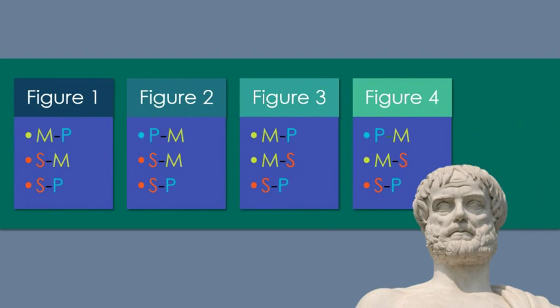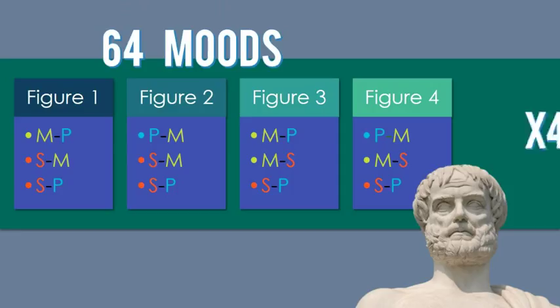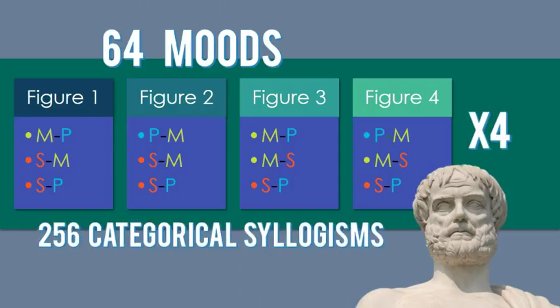Pretty easy, right? Alrighty then, so we've got 64 possible moods and 4 different figures. So 64 times 4 equals 256. That means there's 256 possible categorical syllogisms, 256 possible arguments, which I kind of sorted and listed out here,